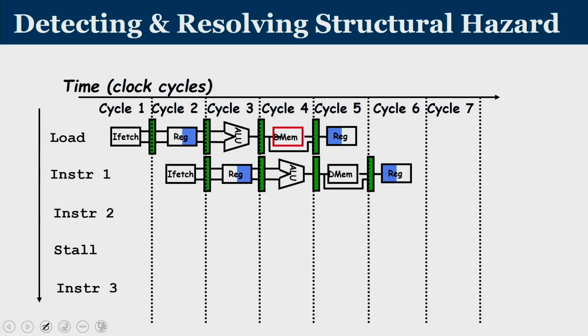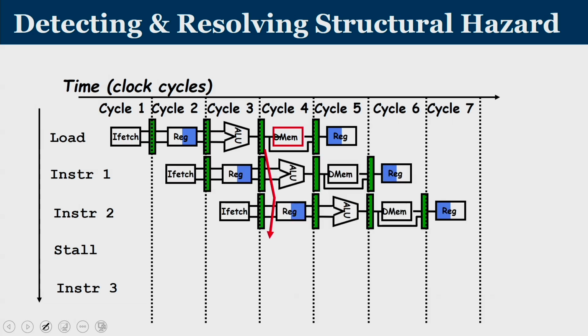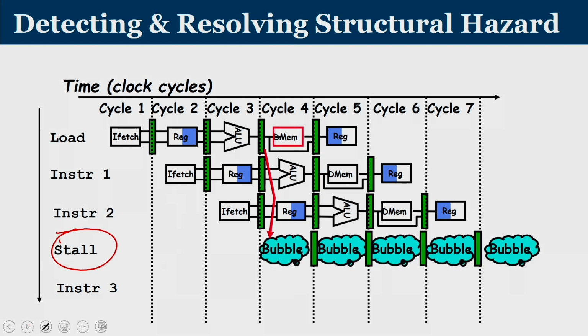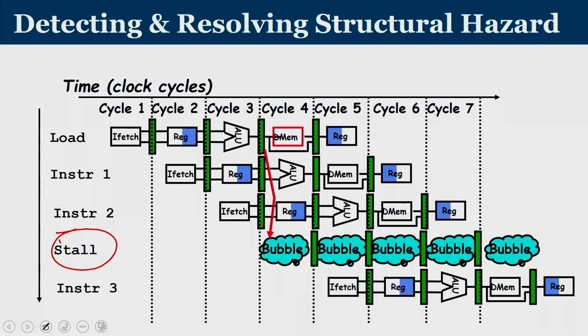So, the same load instruction, we know that if the third instruction is going to run, that is going to create a problem. So, the mechanism is we detected there is going to be a hazard and then a bubble, a no operation is being added. Bubbles are nothing but in that cycle number 4, no new instruction is being fetched. So naturally in cycle number 5, no instruction is decoded and subsequently no instruction is executed, memory access and write back. So there is one bubble that goes into it, and then only your instruction 3 comes.